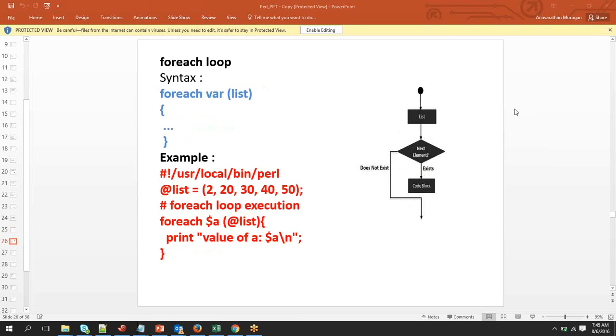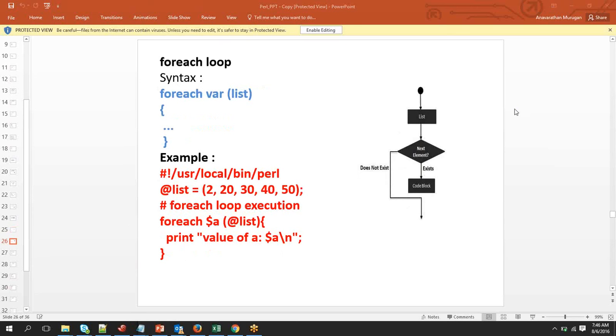That means you have a list of values, and based on the list of values, it should be doing it. For those kinds of scenarios, while will not be suitable, because for while you need a condition, but instead of a condition, if you have a list of values, then you will use another kind of loop called for